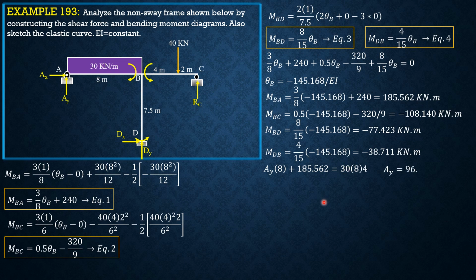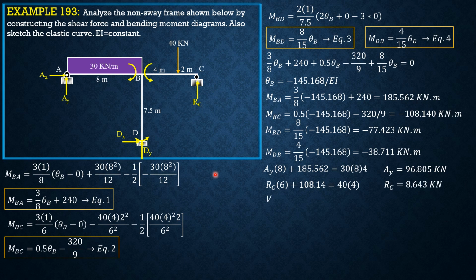So AY is equal to 96.805 kilonewtons. Shear at B just to the left, assuming upward, times summation moment at B: R sub C times 6 plus moment BC, which is 108.14, equals moment of the load 40 times 4, considering BC. So R sub C is